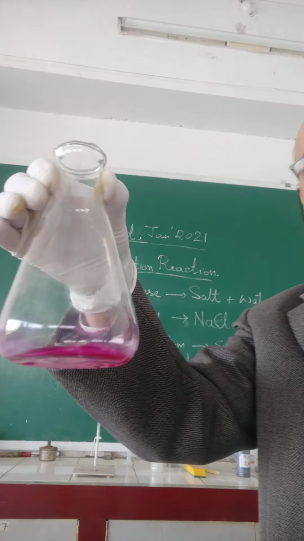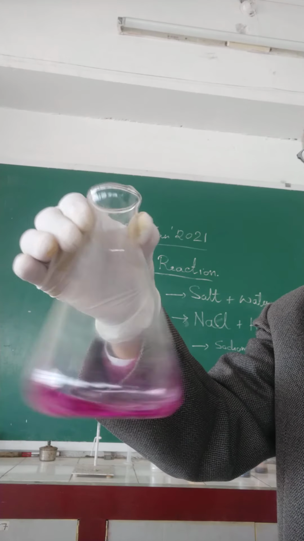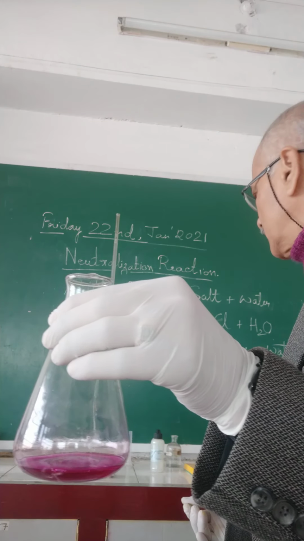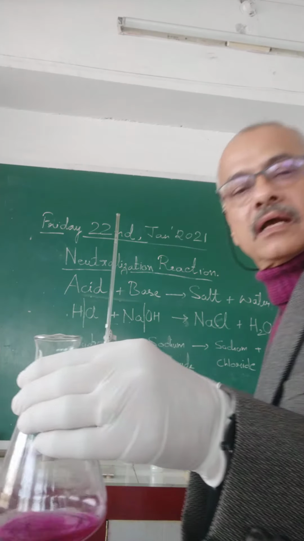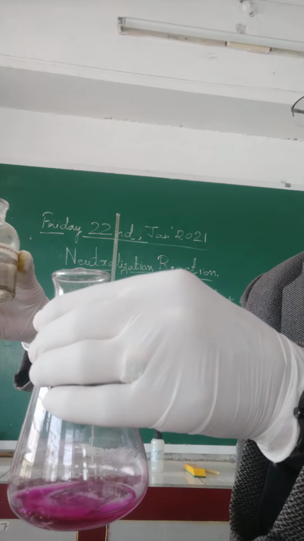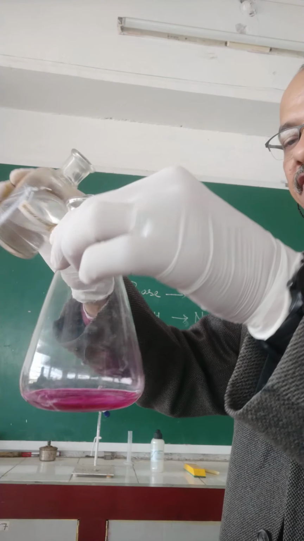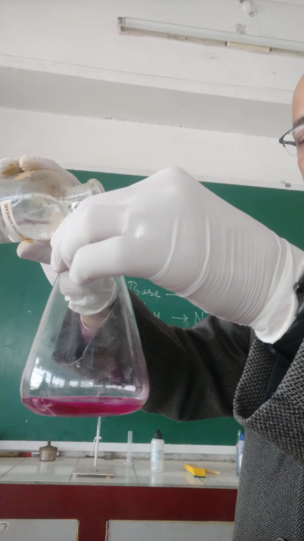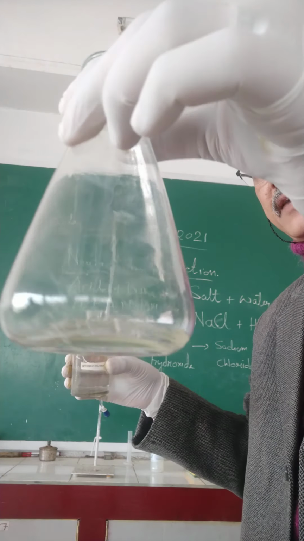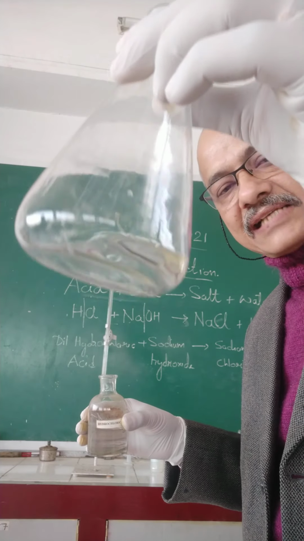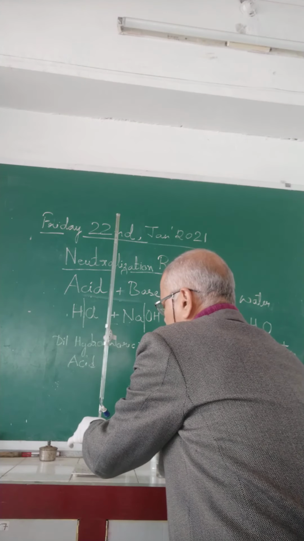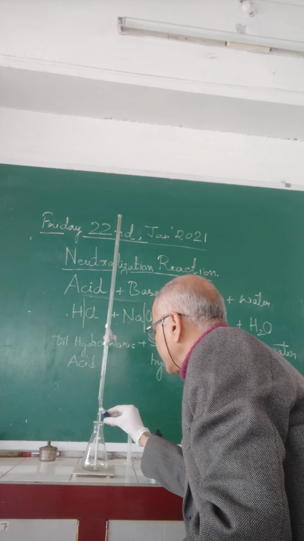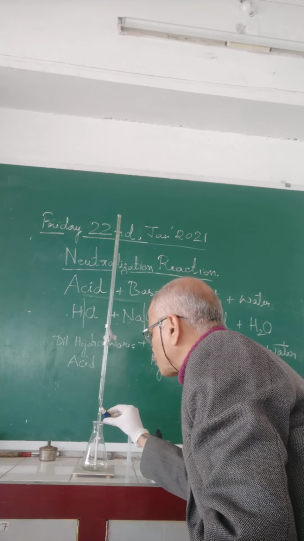See, this has turned pink now. It means that all the acid which was there in the conical flask is neutralized with the sodium hydroxide solution. Now if I add hydrochloric acid, then what will happen? This pink color will disappear. It means that it now has acid in it. So if we run the sodium hydroxide solution, then these two chemicals will react and the neutralization of acid and base will take place, forming salt and water.